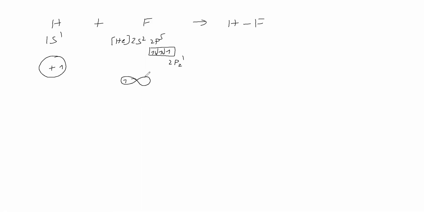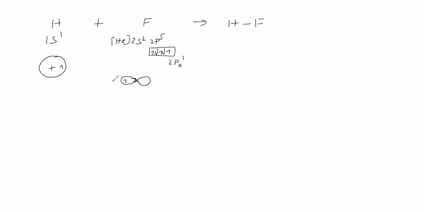So in the HF molecule, how will the bonding be? We have discussed the HF molecule, I think. The electronic configuration of hydrogen is 1s1. This is an s orbital, spherical and symmetric, and it contains 1 electron. The electronic configuration of fluorine is helium 2s2 2p5. We can write 2p5 like this: here 2 electrons, here 2 electrons, here 1 electron. The 2pz contains 1 electron, so fluorine has a 2pz atomic orbital with an unpaired electron.